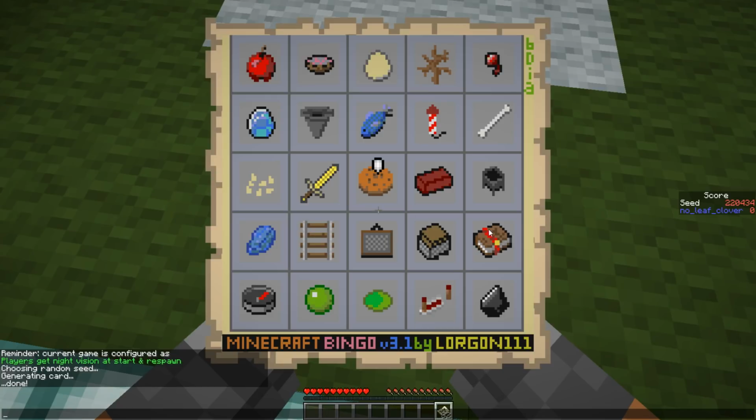We also need 2 books, which means 2 extra leather. We need an apple, we need the mushrooms, we need 1 egg. We need the dead bush, a spider eye, and a string, so a perfect spider would be perfect. We need 2 chests. We need 2 fish. 1 gunpowder and 1 paper, which is 3 paper, 6, 9 paper, 2 leather, and I think that's all the